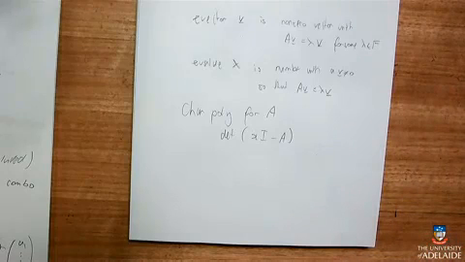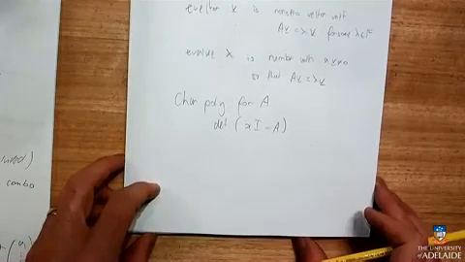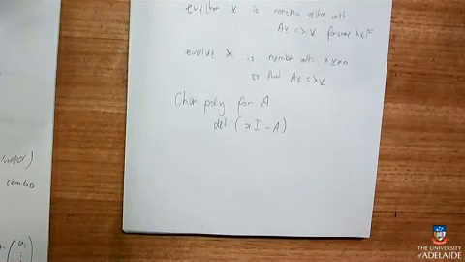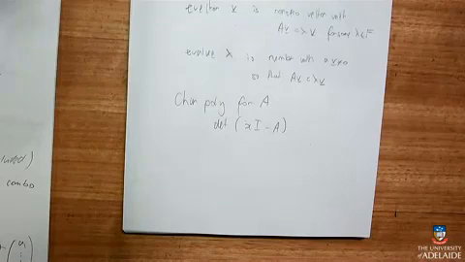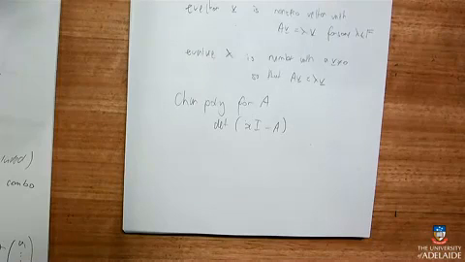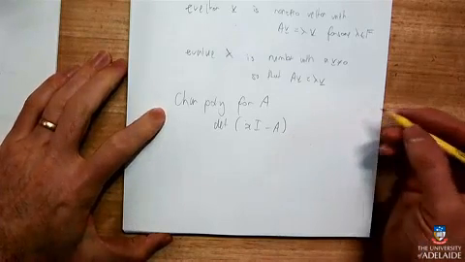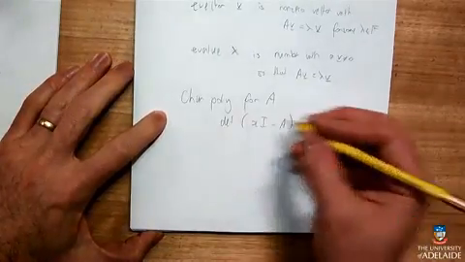Because the way that it used to work still applies to fields, because the only thing that my proof hinged upon was that multiplying stuff together and getting the answer 0 meant that one of those things had to be 0. And that's still true in a field. And so because it's a field, I can use all of the same arguments I used for the other thing. So the characteristic polynomial for that is that.